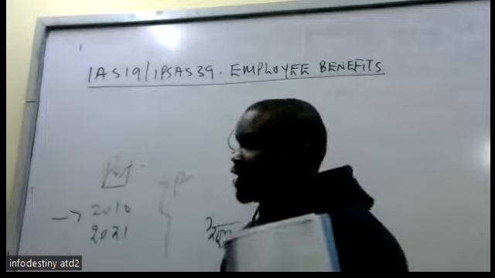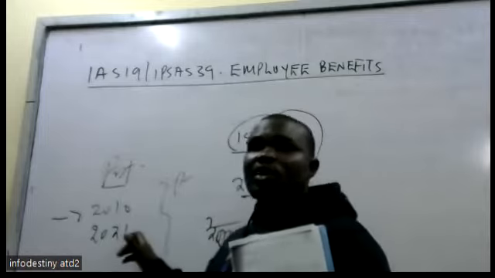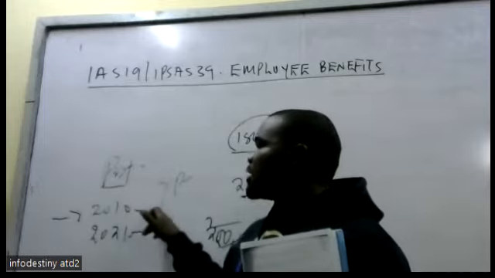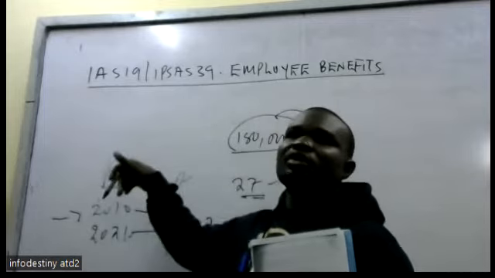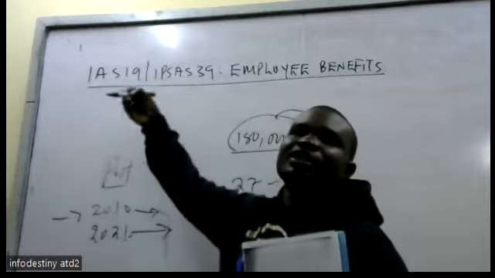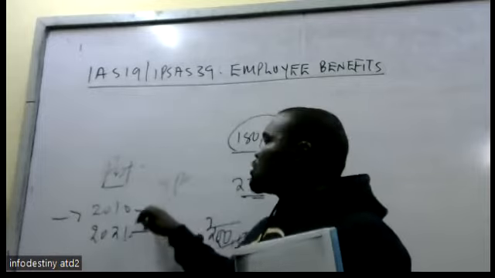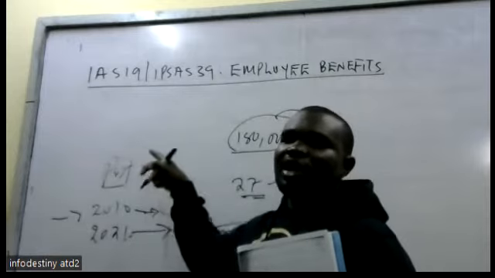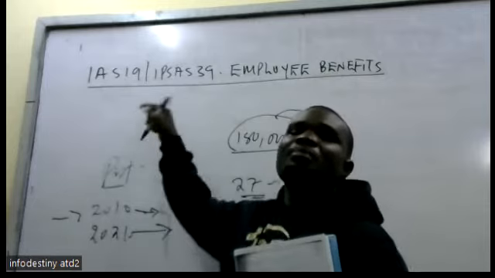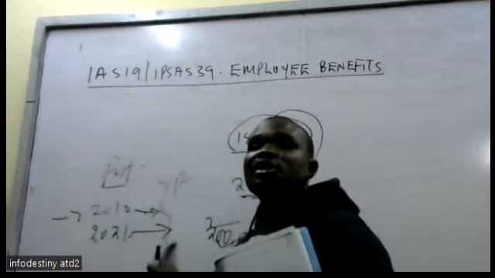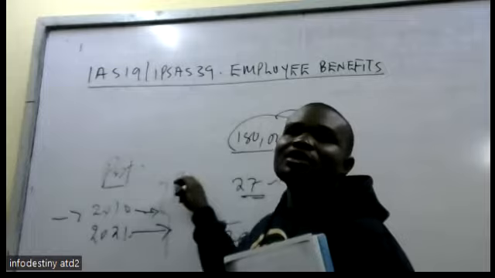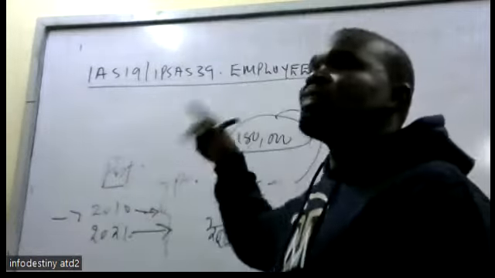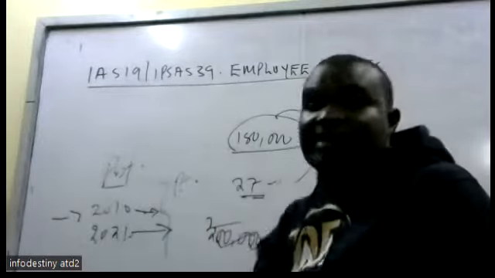So a good employer will say those people who joined in 2021, let's kick off from now. Those people who have been there from 2010, let us backdate. We contribute for you as if it started by that time. So the cost that the employer will incur to backdate for those people who were there prior to the commencement of the scheme, those are called past service costs. And the past service cost, you don't adjust the books backwards. It should be expensed in the current year.